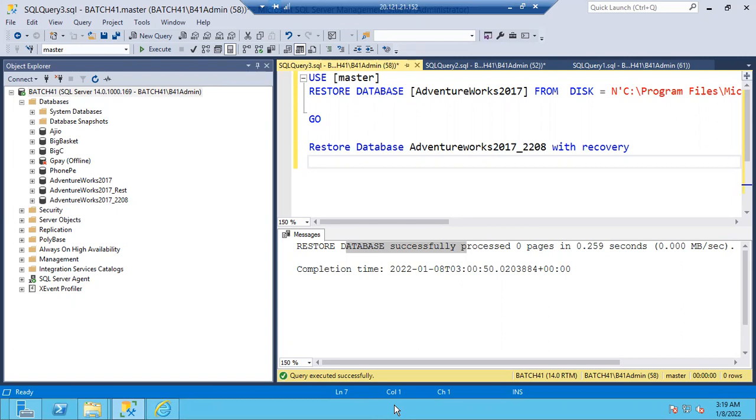While restoring also, if the server is having enough resources, if the server is good, then to restore a 1 TB database it will take on average 30 to 45 minutes.